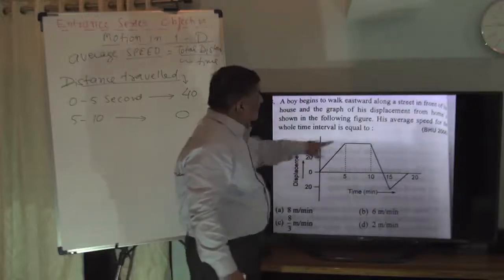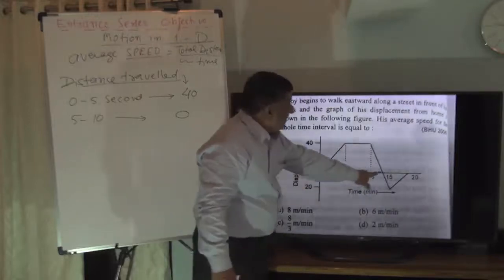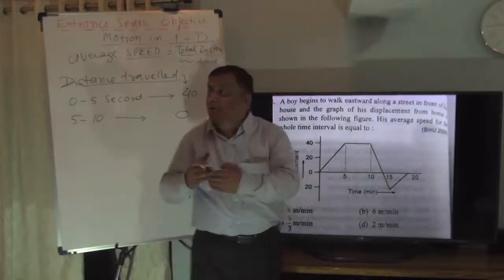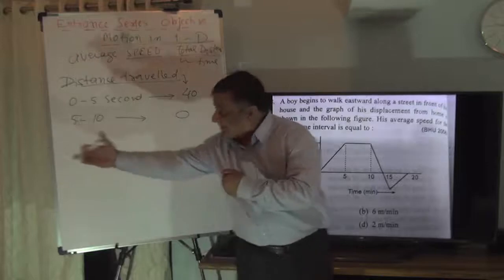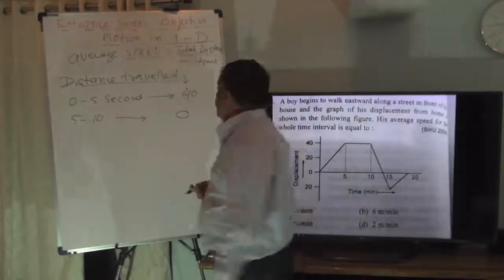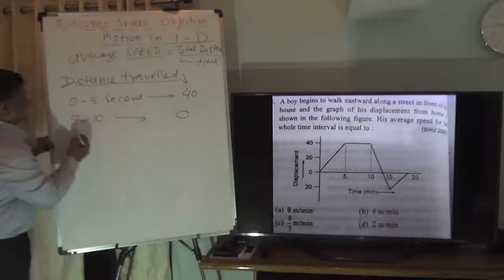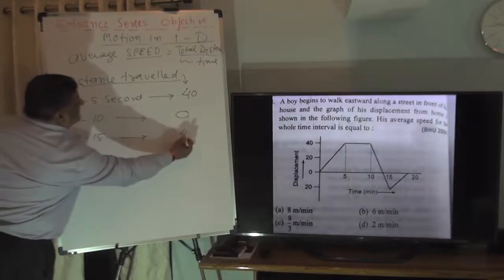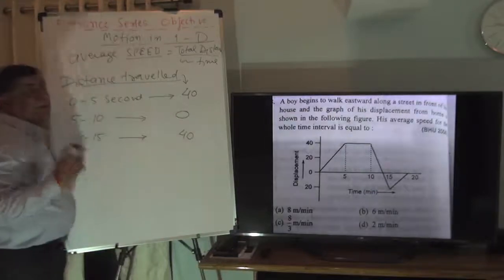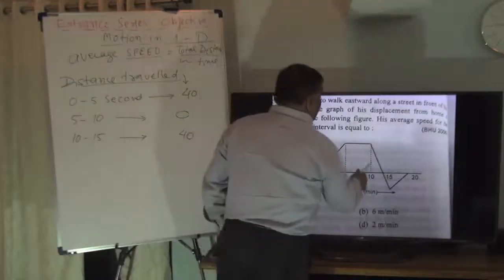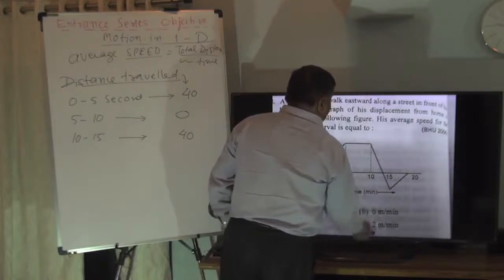Then 10 to 15. His position was 40. At 15 seconds, his position is 0. Why? He had gone to the distance 40, then he has come back to the position 0. How much has he travelled? 40. So in the time period 10 to 15 seconds, he has travelled 40, and mind, you cannot write it as minus whether he is returning or going, because the distance is always positive. Then again,